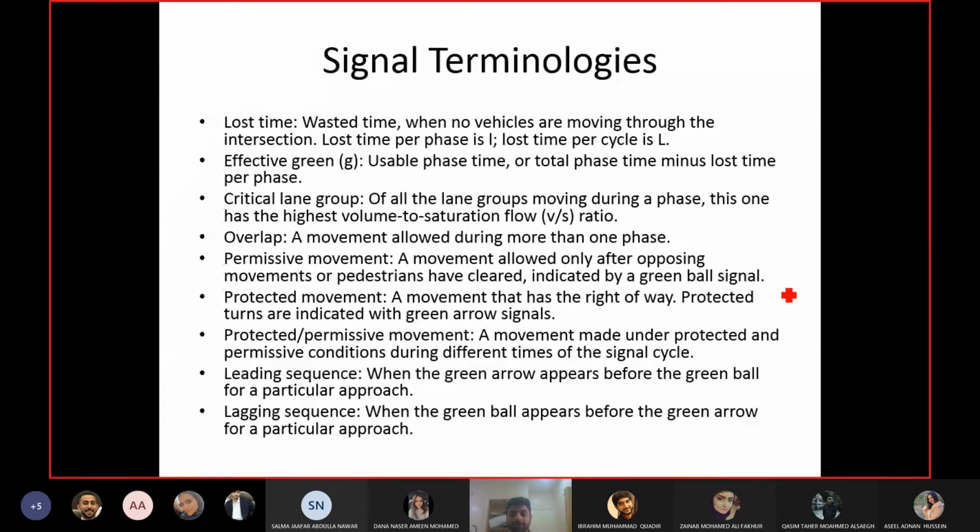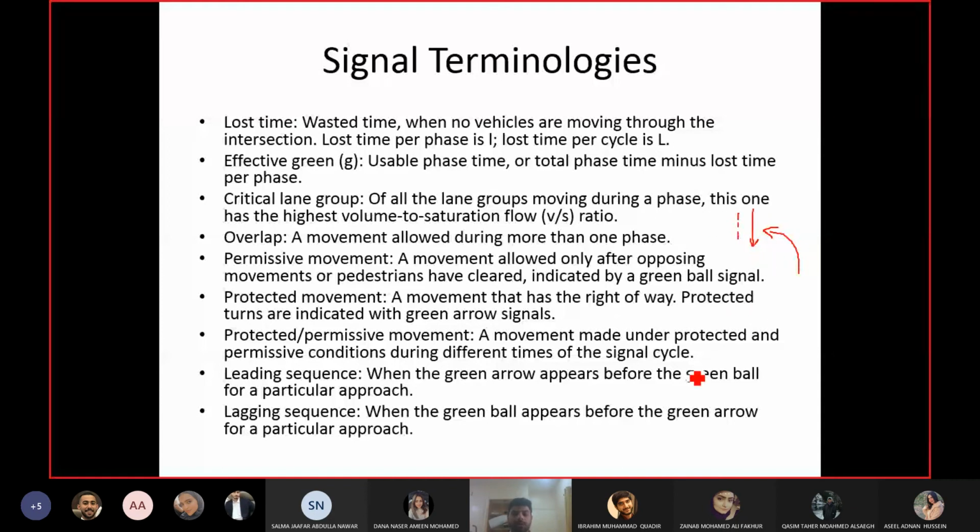So they are talking about the left turning. Left turning can be permissive or protected. Permissive means that it will happen when you see the signal is green and there are no pedestrians or nobody from the other side. So you are taking this left turn. If there is no pedestrian crossing from here or no vehicles going in this direction, then you will complete your left turn. There is no separate indication for you. This is what they mean.